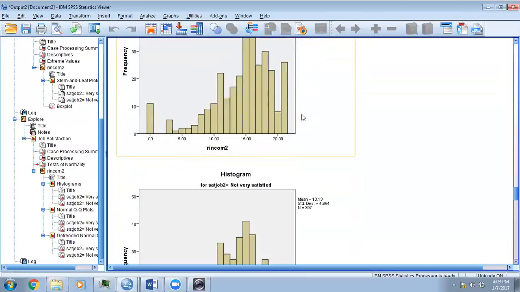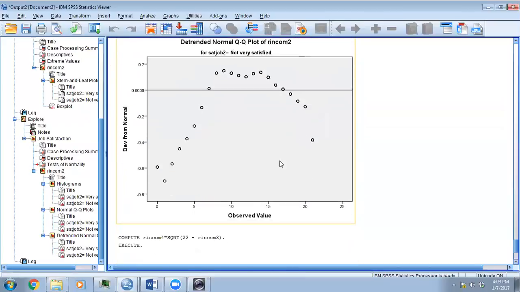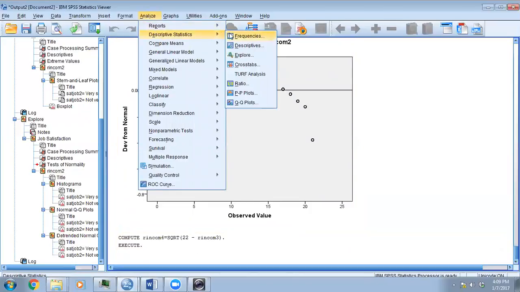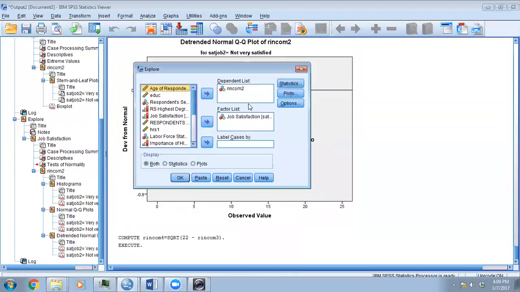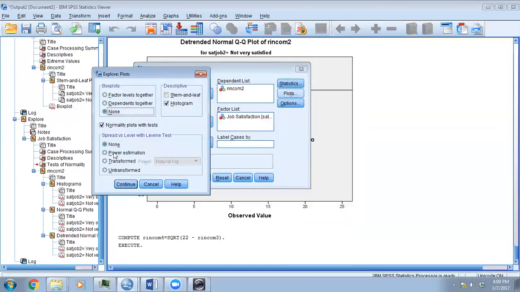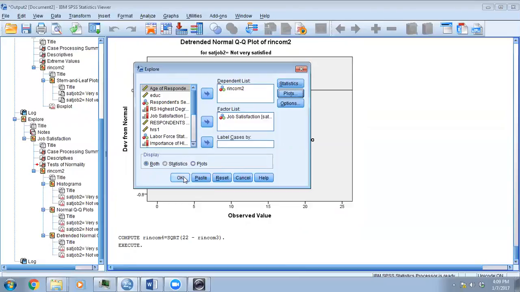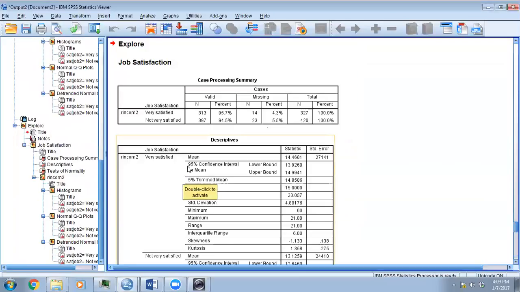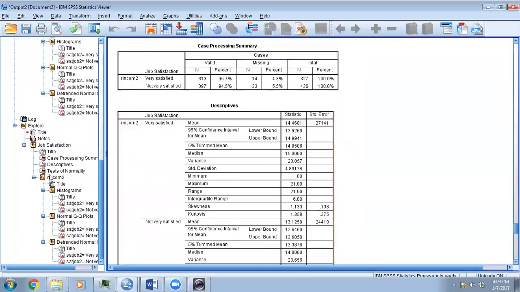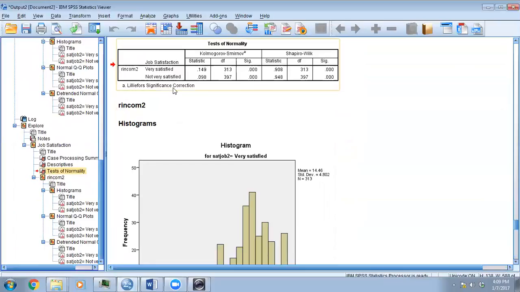Okay. Having said that, we already transformed our variable here. We're gonna rerun the analysis. Analyze, Descriptive Statistics, Explore. Our income is the dependent variable, and job satisfaction is the factor. All other things being the same, we're gonna change those things here, run it, say okay. So here we're just gonna go straight to the normality test. Again, it's coming out to be significant, but if you see,